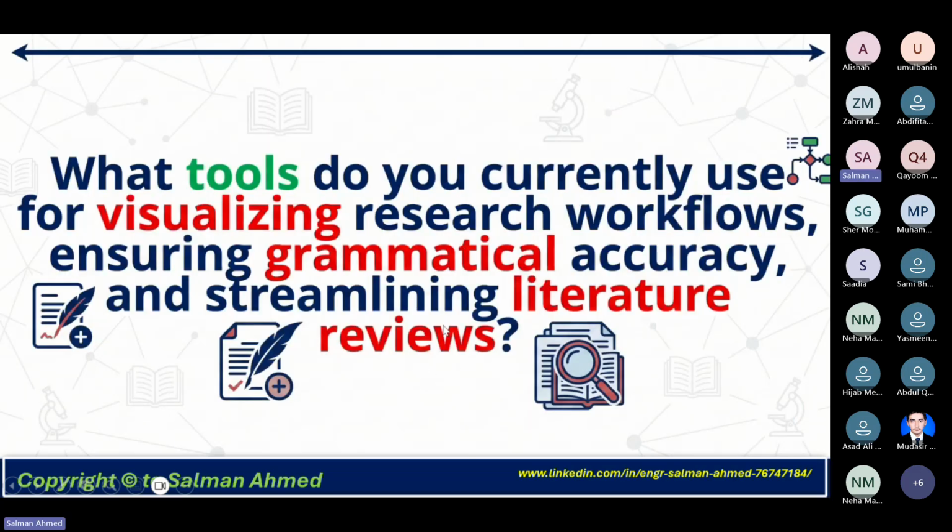Okay, this is a very good aspect during research, because you can be a good researcher. You can analyze critically, but there are still some mistakes that we researchers make while utilizing the research tools, in terms of visualization, grammatical checks, or literature alignments. So I start the discussion of the tools that we usually use while doing our research.